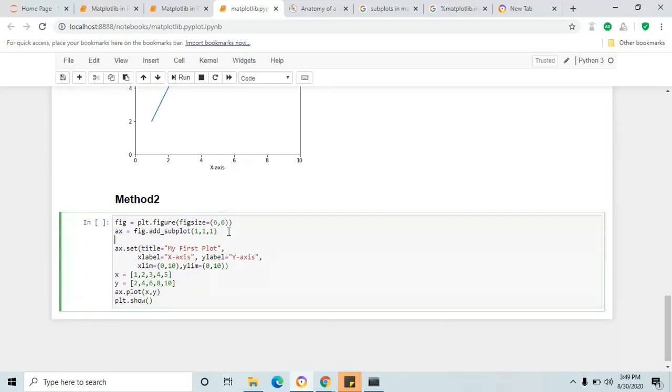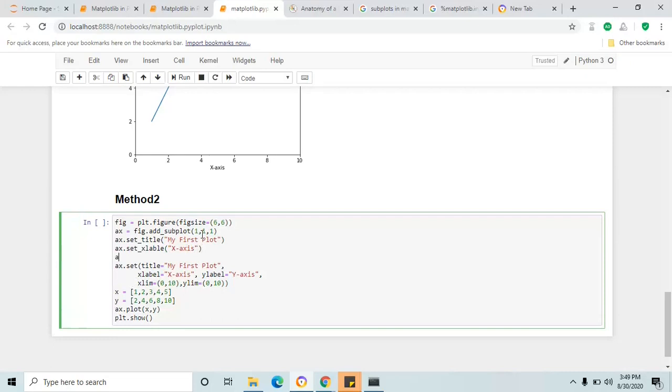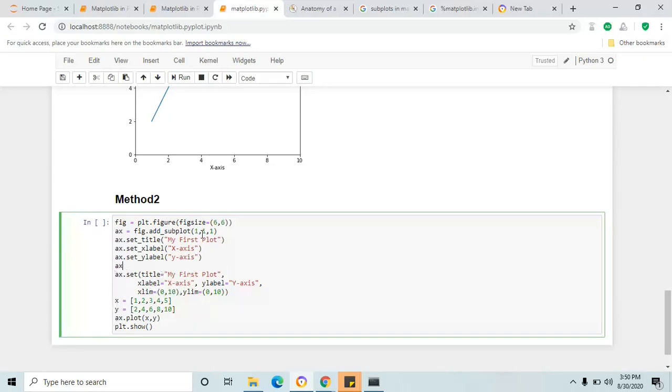For example, ax dot set underscore title for the title, and next ax dot set underscore xlabel for the x axis, and then set ylabel for the y axis, ax dot set underscore xlim